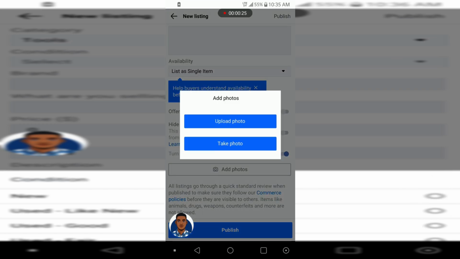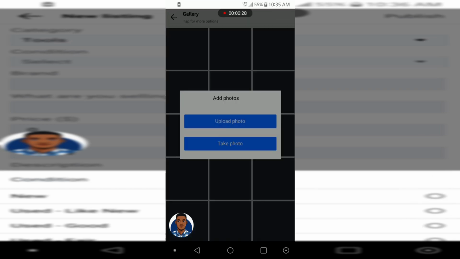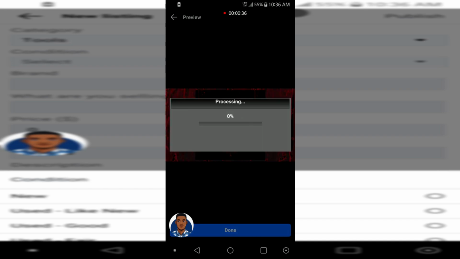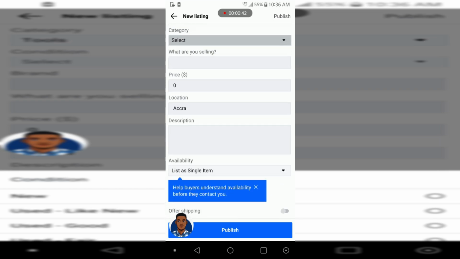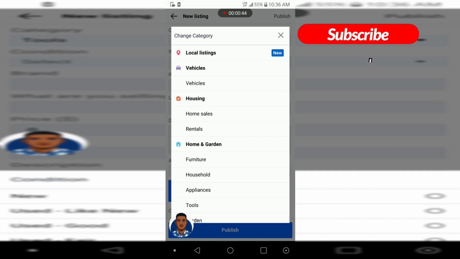So now let's try adding an image. Let's upload it from this mobile. So we have an image selected. This is for tutorial, and now let's try adding something. We select the category. Let's say it's a